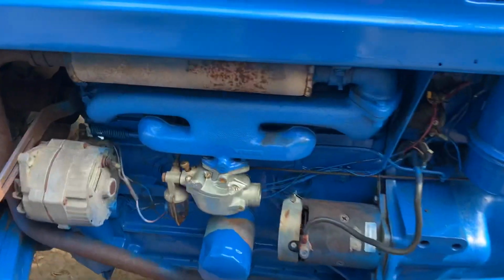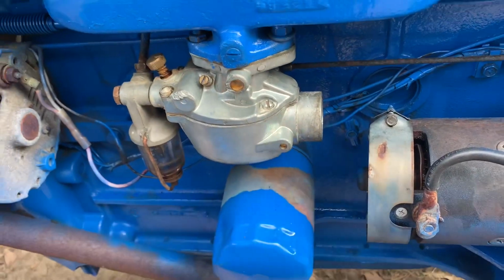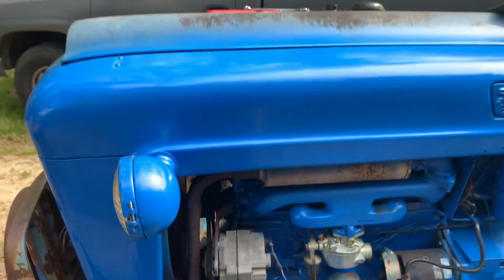All right, so I got the carburetor back on. And as you can see, I had a little fuel leakage, but we got that taken care of. And went in and threw a little paint on this side, which I'm gonna do a video on my cheap paint job. But anyway,